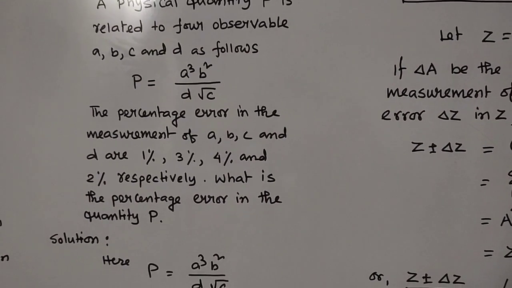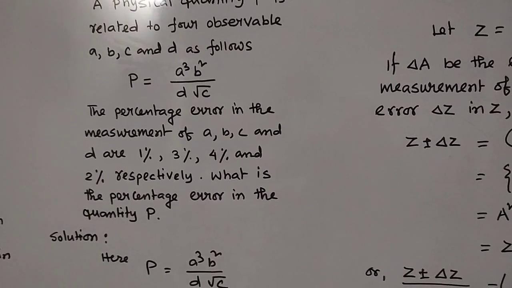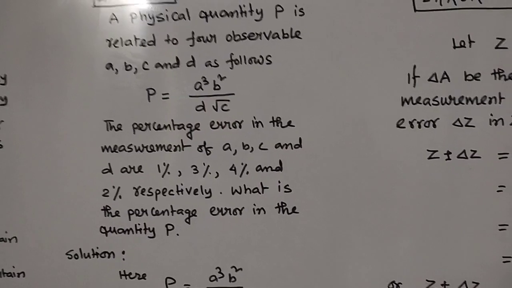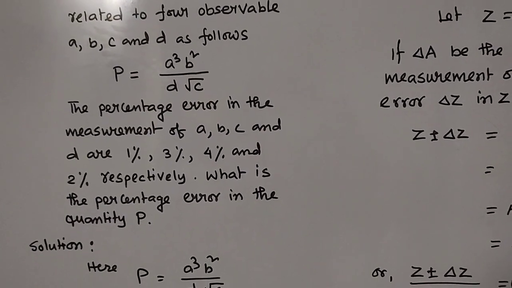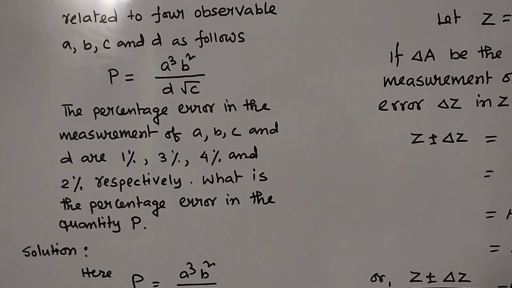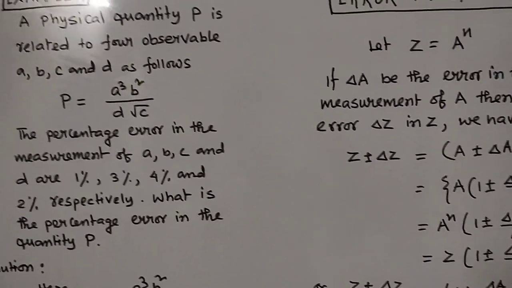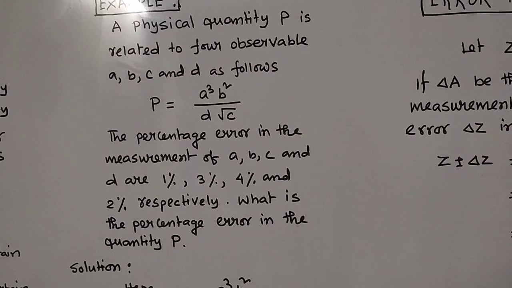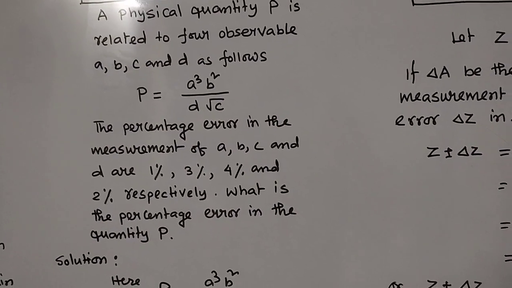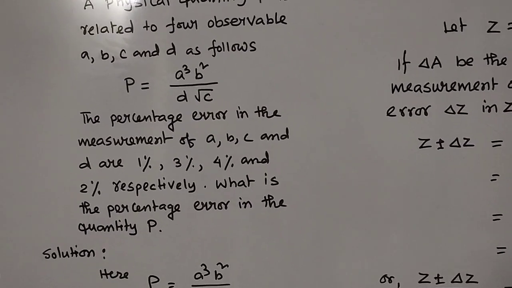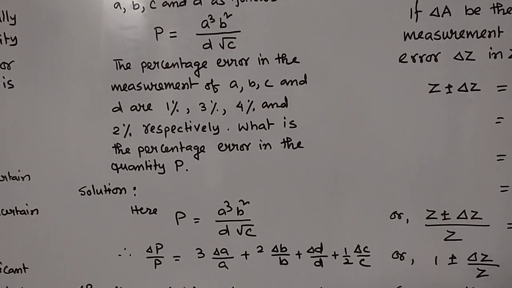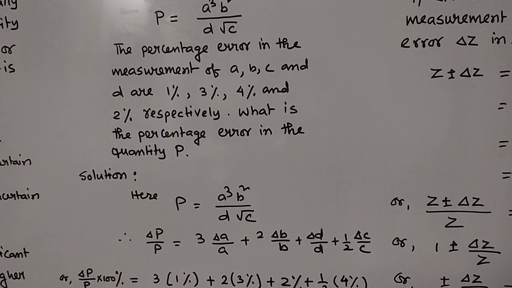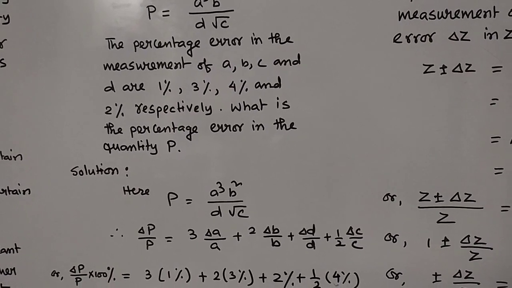So already we have defined that relative error is nothing but the exponent times the relative error of the physical quantity which we are measuring. So here Z is the physical quantity, and here P is the physical quantity, and obviously A, B, C, D are also physical quantities. So P equal to a cube b square d root c. So delta P by P is nothing but 3 delta A by A, 2 delta B by B,